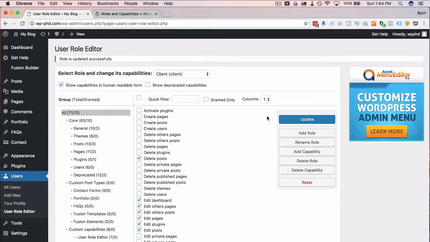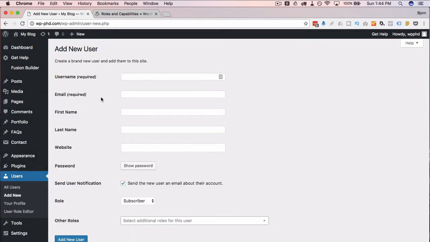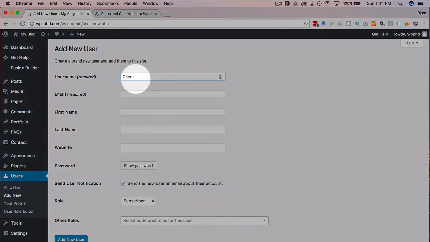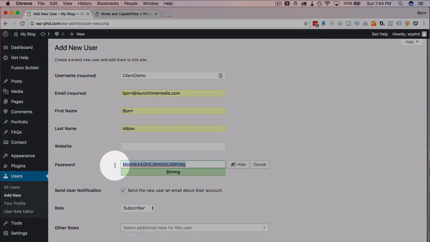And then, create the user role. And then I'm going to create a user. I'm going to click on Add New under Users. And I'm going to create one called Client Demo, and just enter some valid stuff, grab this password,